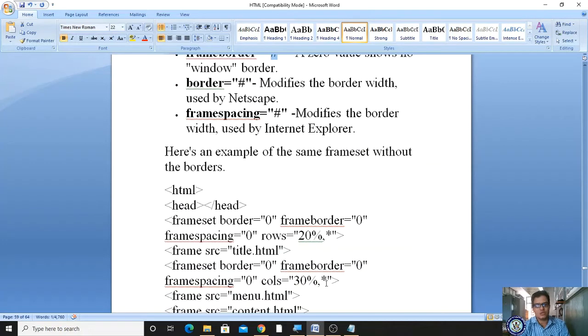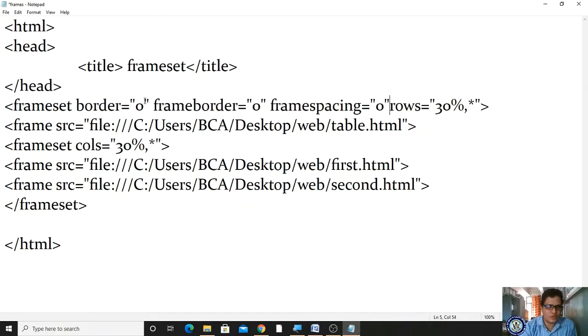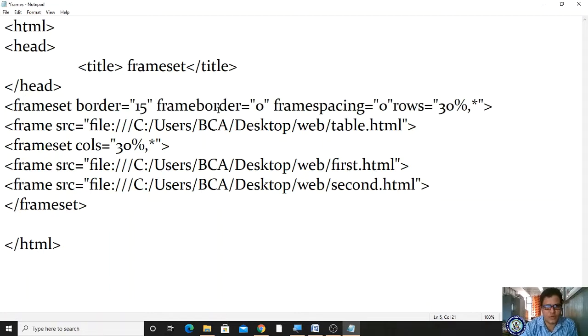Okay, so here it has done one program. Let me check. I will add the border, frameborder as well as framespacing. Let me add these three attributes in my program. Let me add frameset border 0, let me make it 15. And the frameborder, it is a page border, frameset border, frameborder, I'm making it 20, and the framespacing as 10.